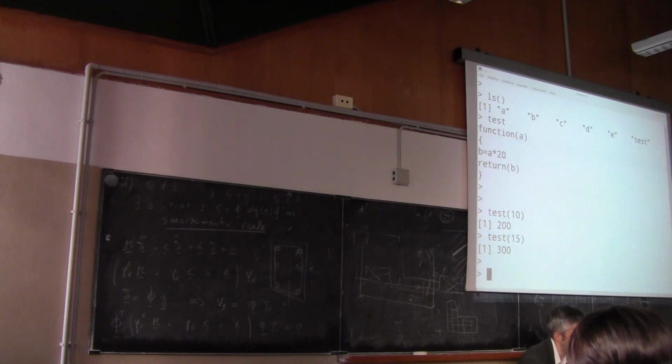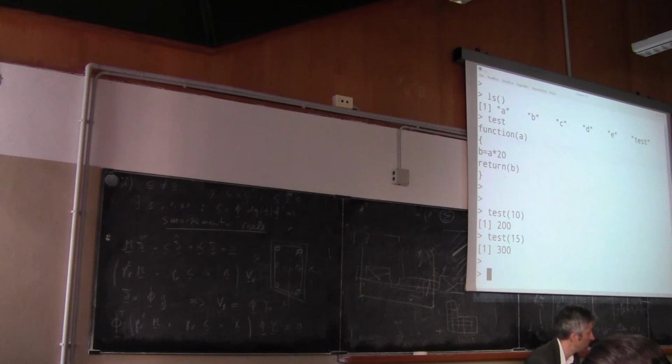It is a bit unpractical to define the function in the command line, because if you make a mistake, you have to rewrite all the instructions. If it's a very simple function, then you can write it by using the command line. But if it is complicated, then it's not really practical. So,